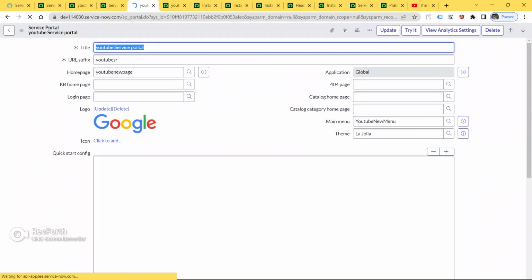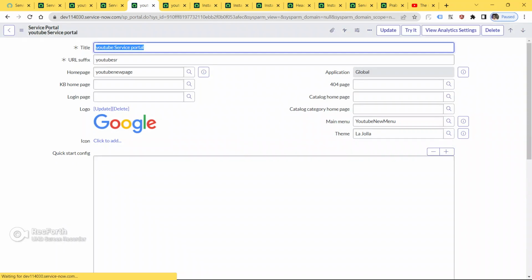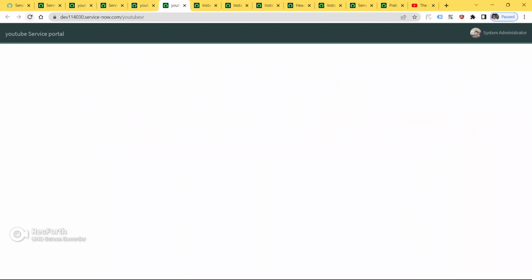This is the same Google logo I will use. Click on OK. After choosing the image, we have to click on OK. Now as you can see here, our logo is here. Now just save the page, go here and refresh it. See, as of now we can see our Google logo here.